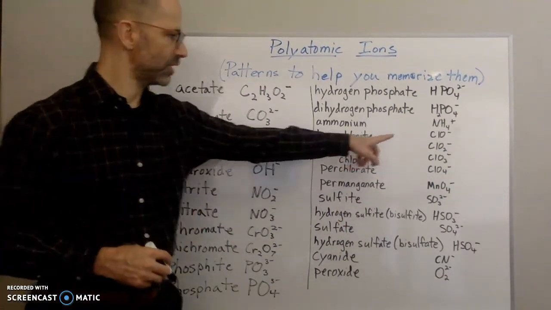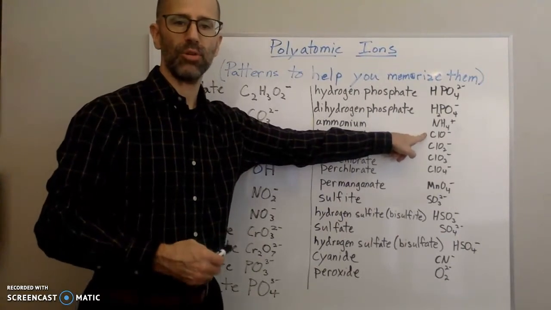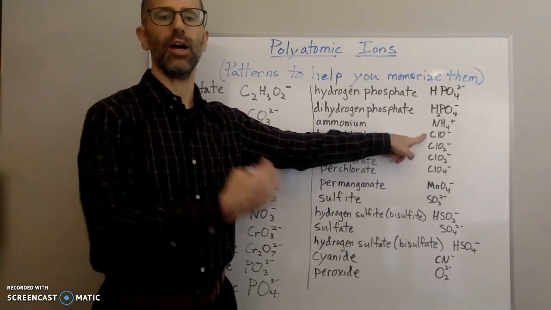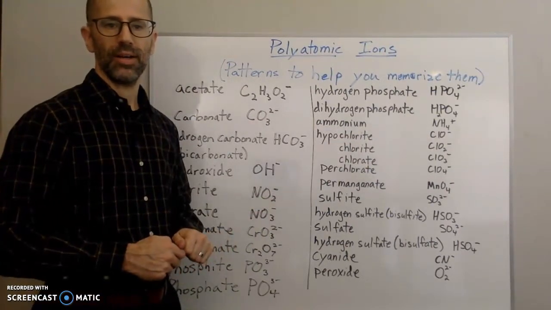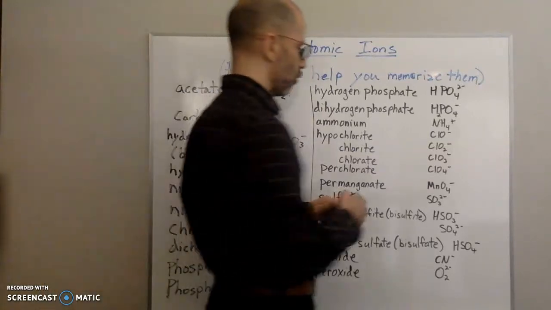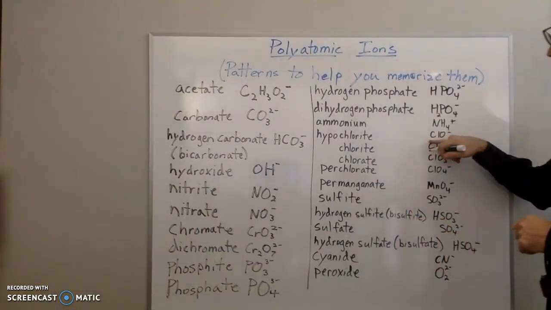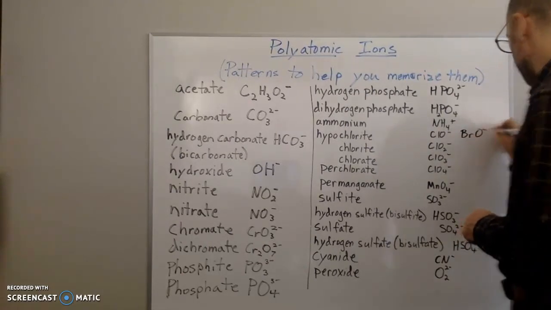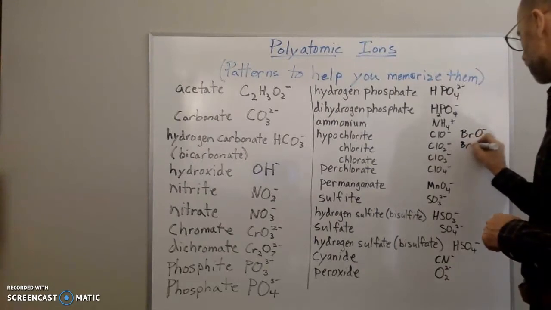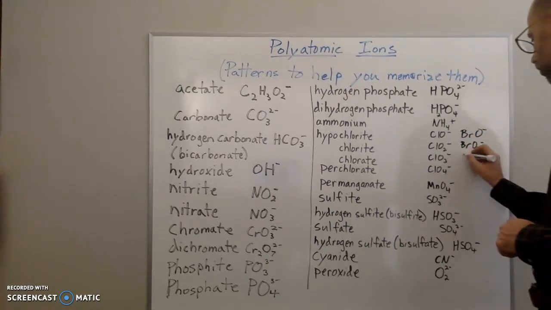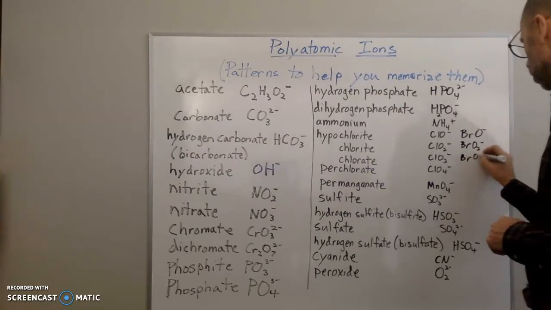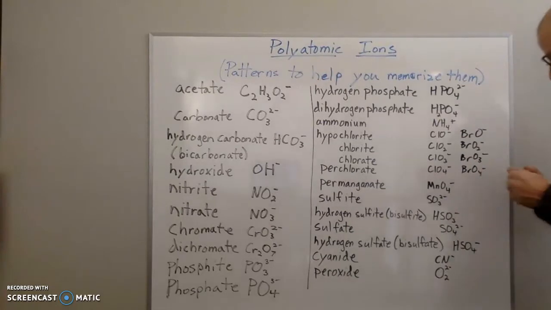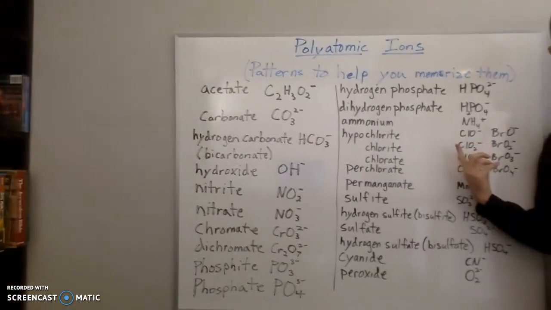Notice that this is a chlorine atom, which is a halogen. You can replace that with other halogens and get other polyatomic ions, right? So for example, I could change the chlorine to a bromine, and I'd get BrO minus, or BrO2 minus, or BrO3 minus, or BrO4 minus, right? So then if you wanted to figure out the names of these,